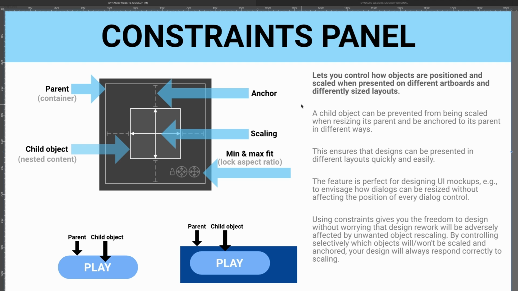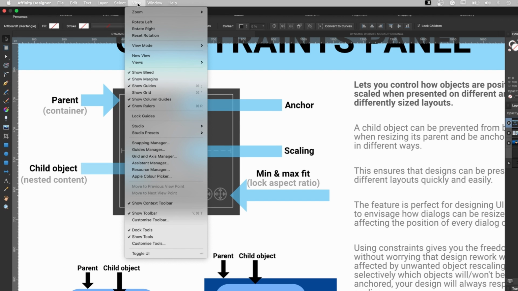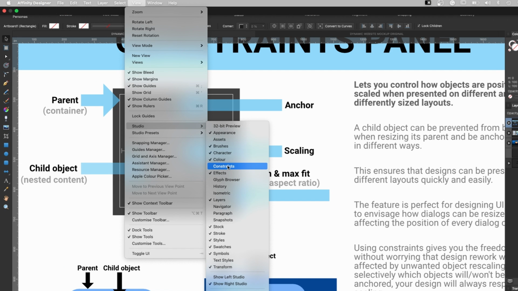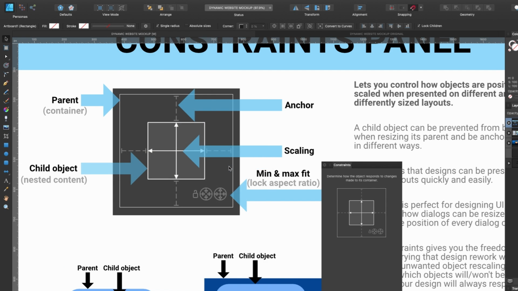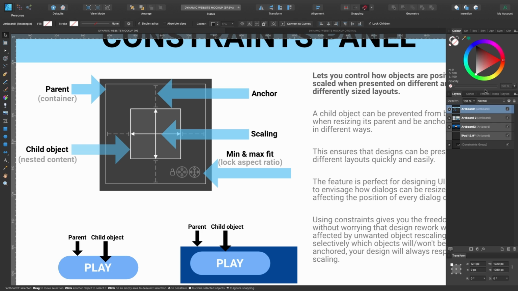We are in Affinity Designer, and to kick things off, I want to talk about the Constraints panel. Now, this is a tool we'll be using throughout this tutorial to achieve our goals, such as UI mockups, elements for websites, things like that. Before we go any further, let's find where that tool is in Affinity Designer. So I'll press Tab on my keyboard, and I'll go up to View, Studio, and down here you see it says Constraints. Click on that, and it pops up. There it is. You can drag it and dock it down here if you like. So there it is. Let's continue.